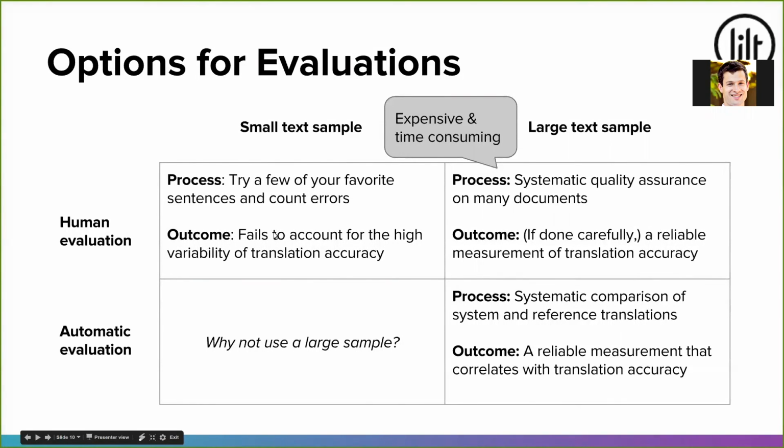With human evaluation, the situation's kind of different. We'd love to do the same thing with human evaluation and do a large content sample. The issue is that's pretty expensive and time consuming. So what we usually end up doing with human evaluation is we sample a smaller set of content, after we've done automatic evaluation, to confirm what we've learned